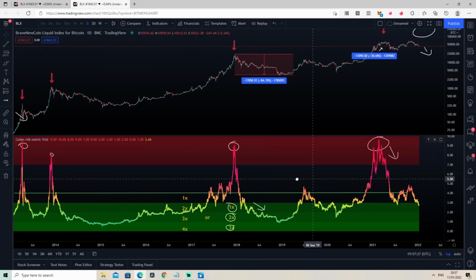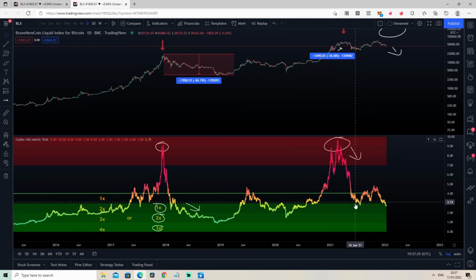Now, the last time to accumulate according to this indicator, Bitcoin was right here at slightly less than 29,000 US dollars when Bitcoin price dropped 55% from its local top, right here. And here we are once again at 40k. And of course, we can go much lower than 40k or 39,000 US dollars. We can even go to 30k. I don't know where the bottom is. All I know is that this right here is the best chance for you to slowly accumulate as the market